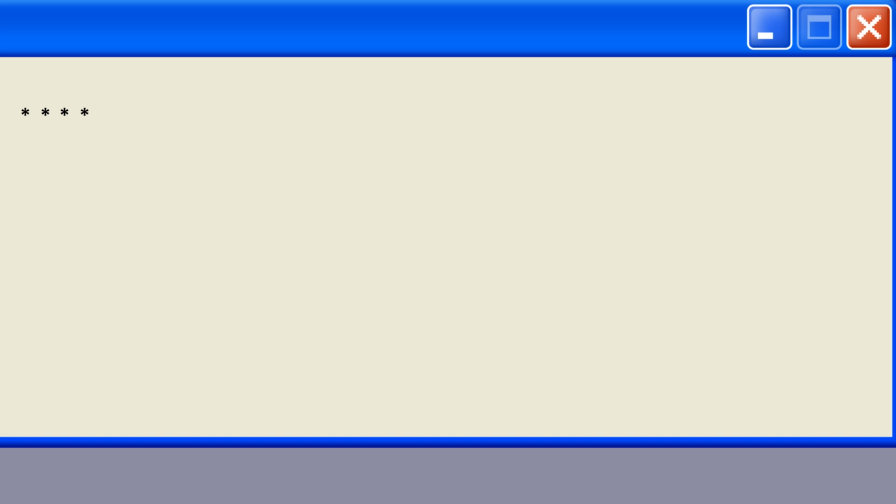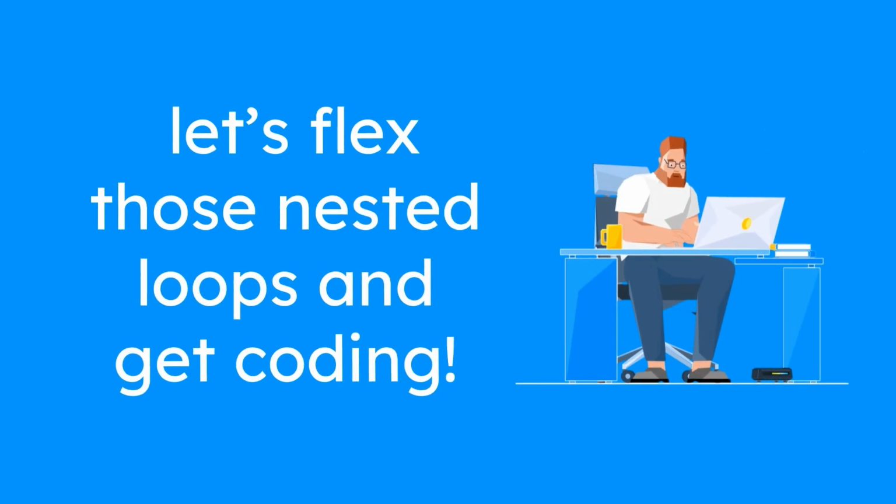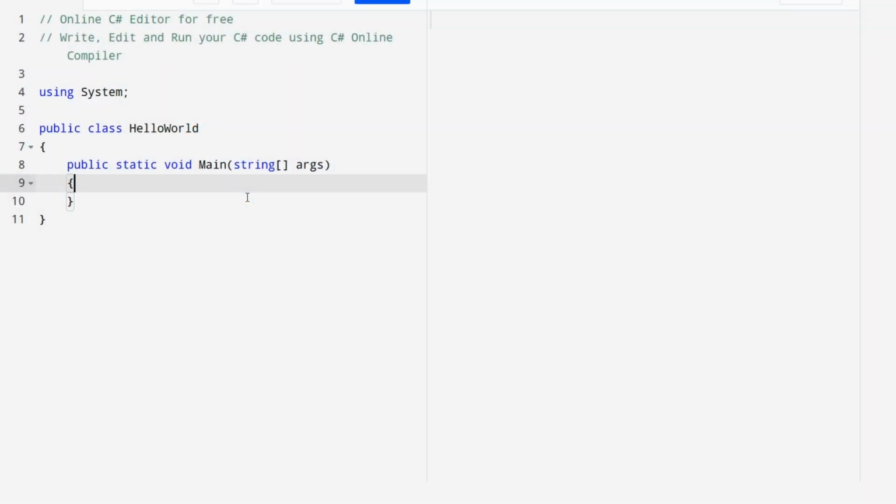Let's look at a simple example of nested loops that prints stars in a 5x5 grid of rows and columns. Let's write code that prints stars in a 5x5 grid of rows and columns. To pull this off, we're going to use two for loops. One to drop us down a line, that is, rows, and the other to run through each slot on that